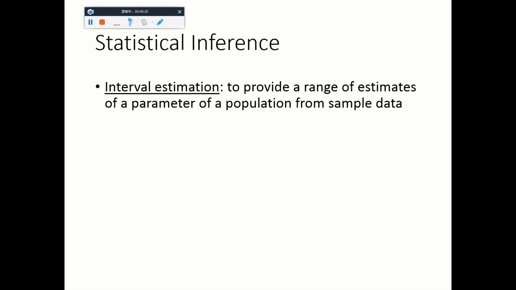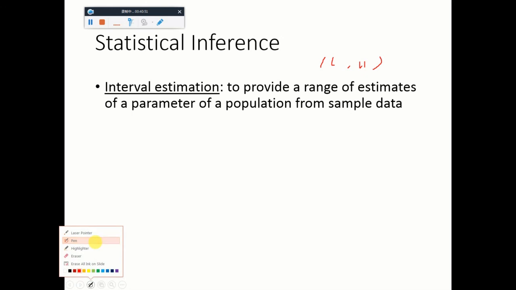Interval estimation will tell you how close your guess is to the true parameter or property. Instead of giving you one single number as point estimation does, it will give you a range, an interval of values. This is the lower bound and this is the upper bound. It gives you, in other words, two values as an interval that supposedly should include the parameter that you're interested in, right?